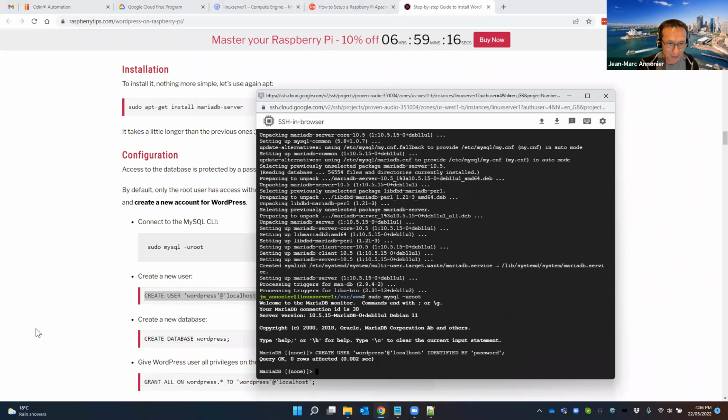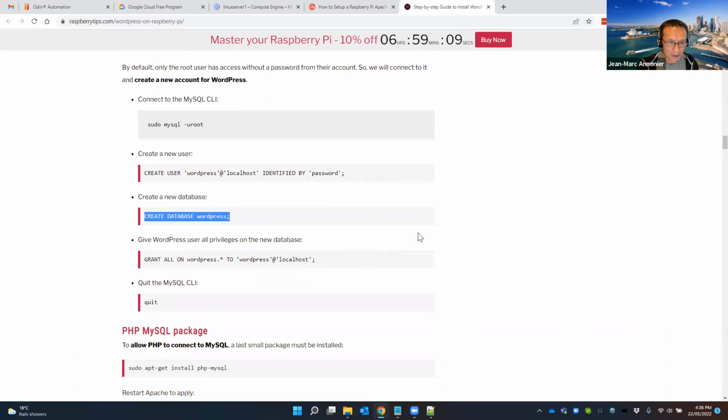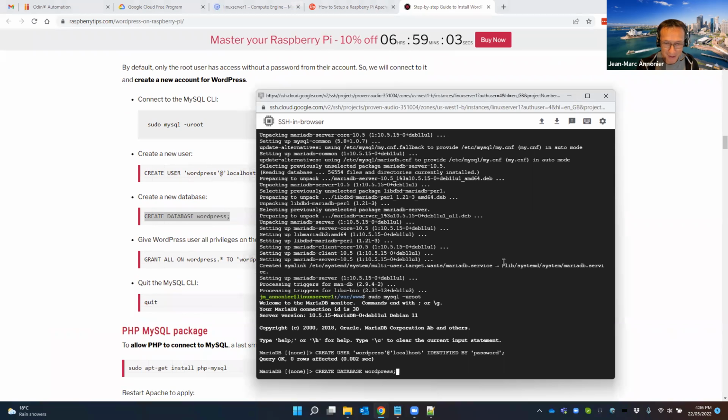It's creating the user. We need to create a database for WordPress. It could be anything that you want again. So now we've got both a user and a database that are called WordPress.